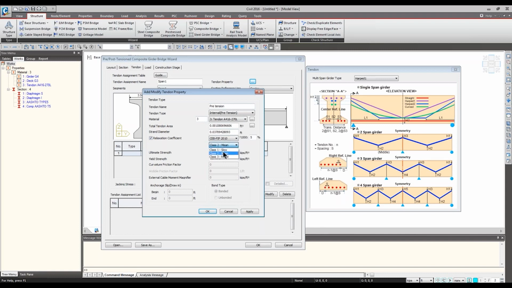You can choose class 1 to 3 according to the code, and the ultimate strength and yield strength will be there according to the tendon information you put in, but you could also freely modify them. For the post-tension type, you can define the bonded or unbonded type.